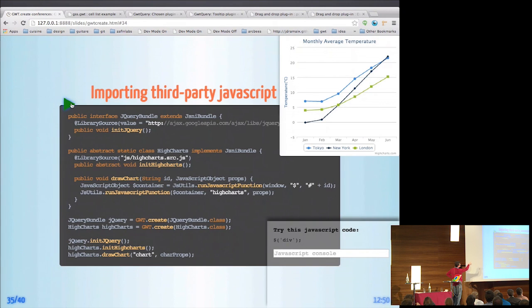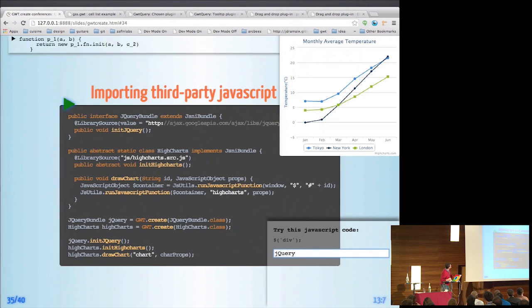So if we run this, it's importing jQuery, and if we write here, for instance, jQuery, I'm writing no. Yeah, jQuery is a method in the DOM now because we have imported jQuery. The next slide, I think I'm running out of time, so